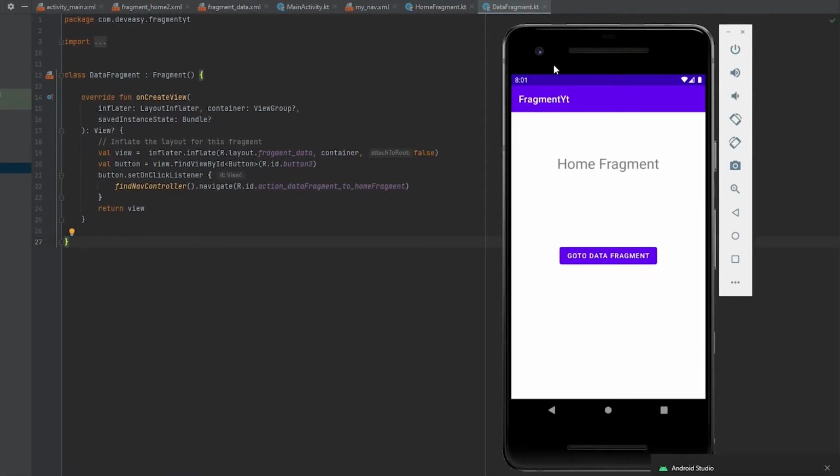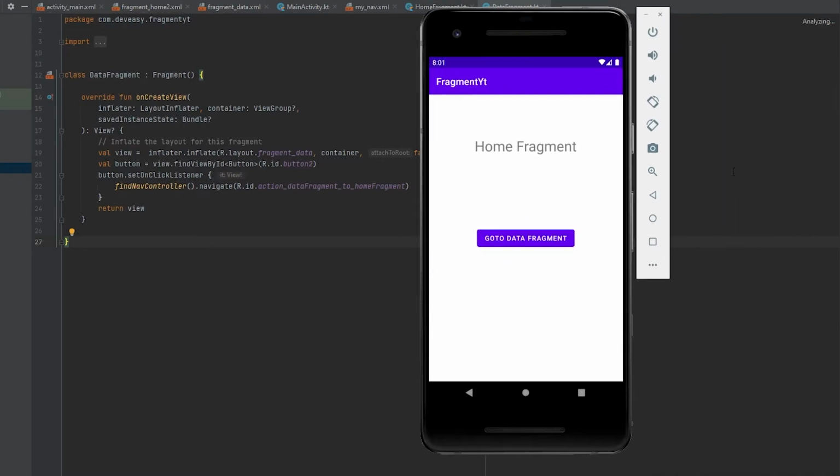Okay, so the Gradle is built, and then we have this screen here. So this is our home fragment, which is our fragment here, and the fragment XML is shown here, and we have this go to data fragment button here as well. Now let's click on this. So we are going to our data fragment. The data fragment is shown here, and then we have the same thing, go to home fragment. So yeah, these both are working here.